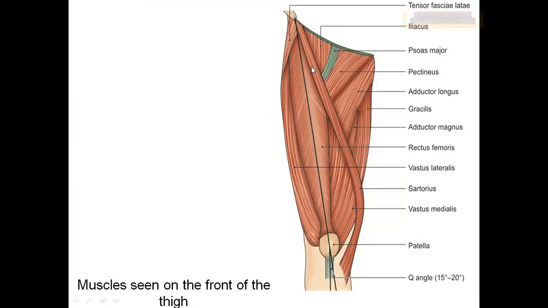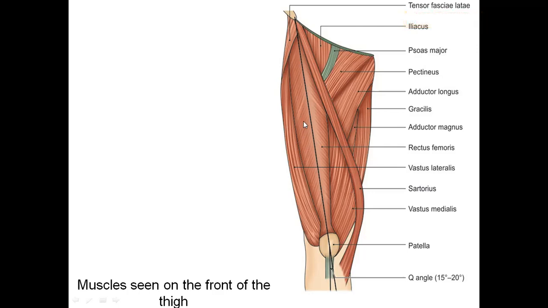Once you reflect the skin, superficial fascia, and deep fascia, once you clear all the fascia, you will be able to see the muscles, right? See, this is the muscle which is also called the tailor's muscle, because it is usually used by a tailor during the stitching movements. The name of this muscle is sartorius. Sartor means tailor, like saphenous is easily seen, sartor means tailor.